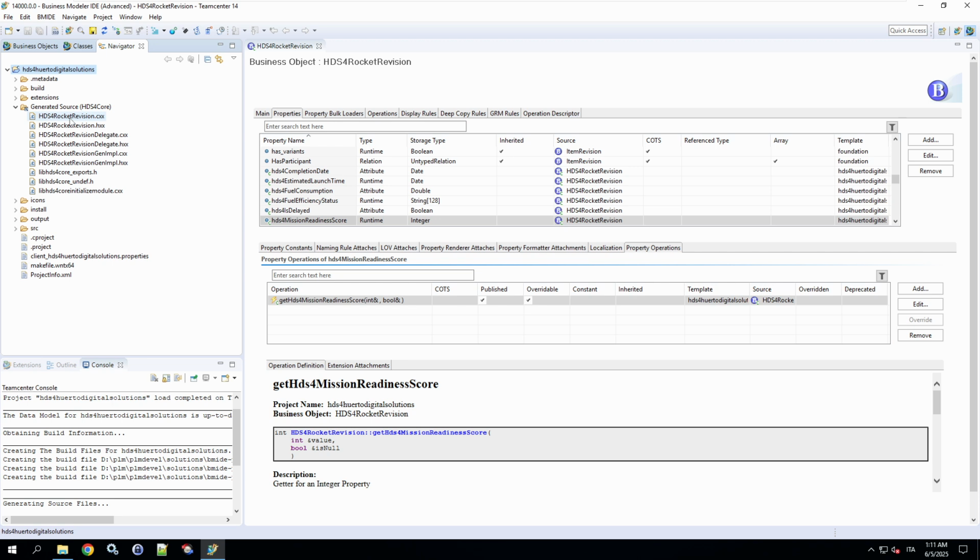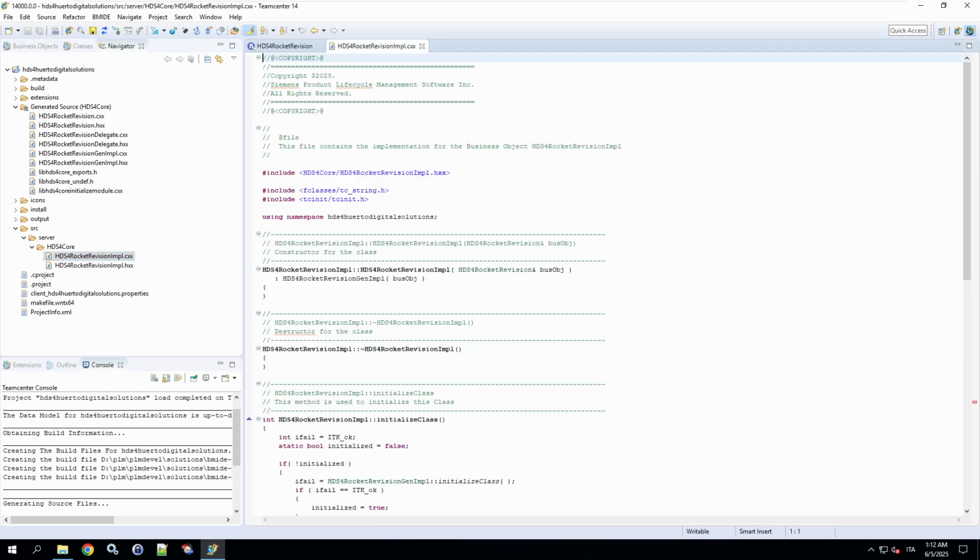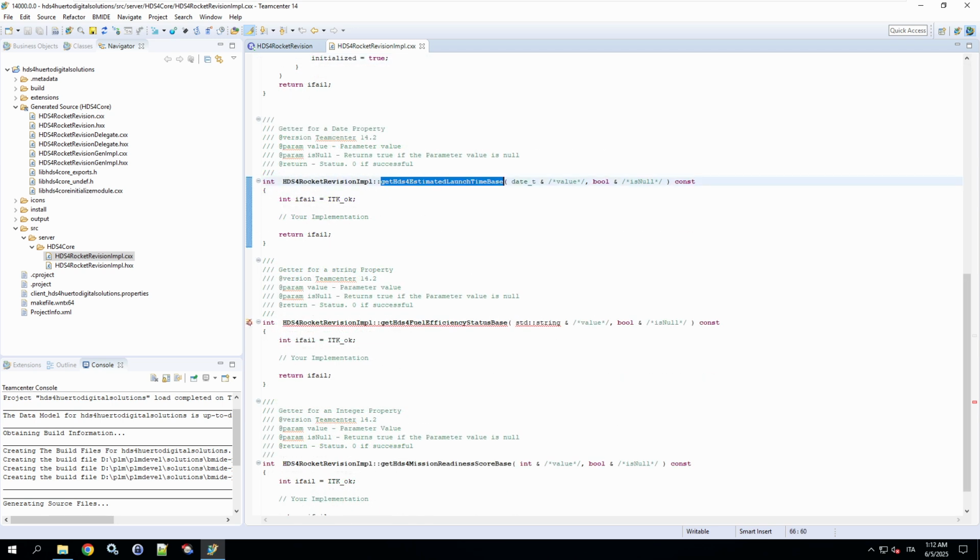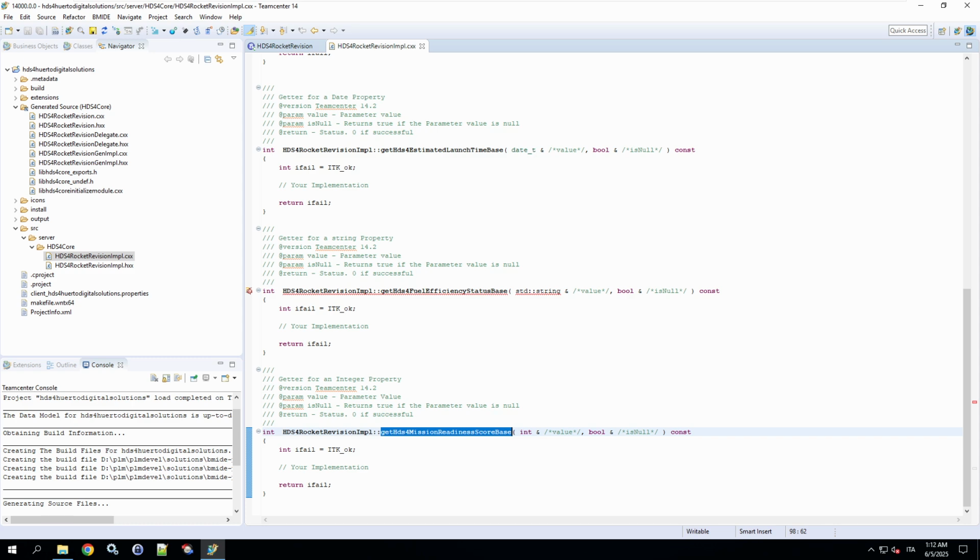Instead, we'll add our custom logic in the SRC Server HDS4 Core folder, specifically an HDS4 Rocket Revision impl file, where the magic happens. This file contains the skeleton for our 3 runtime properties. Teamcenter indicates where to write our implementation with the comment, Your Implementation.